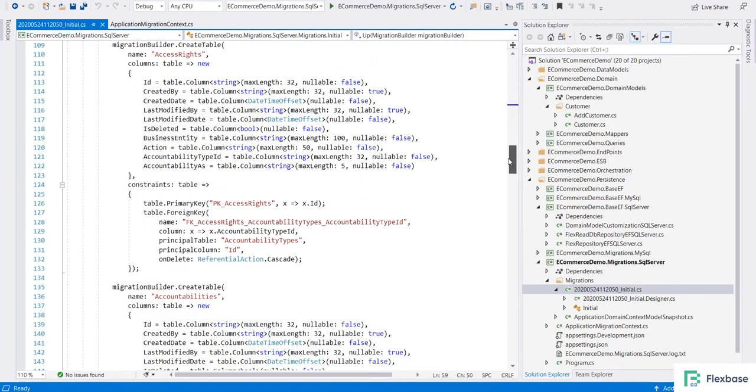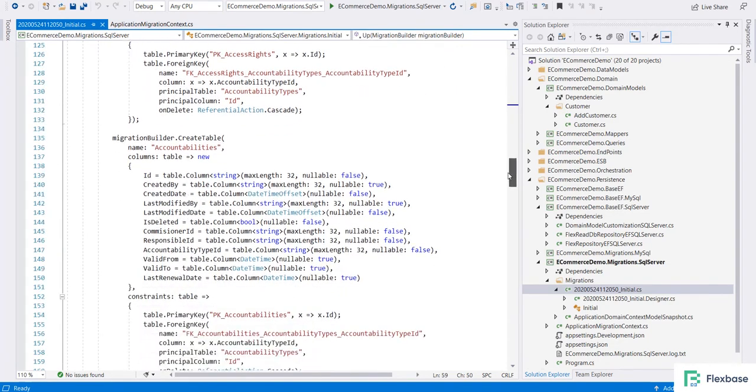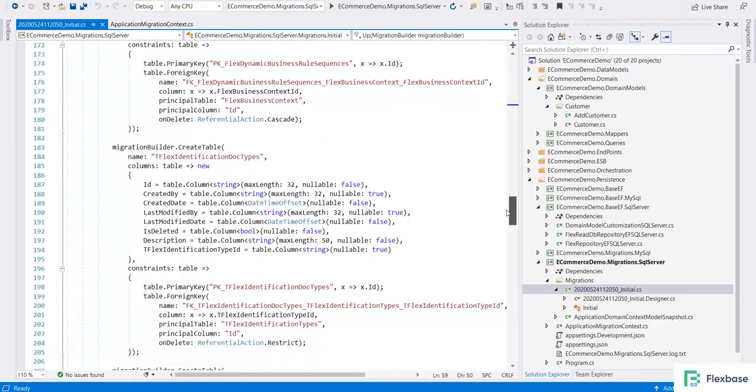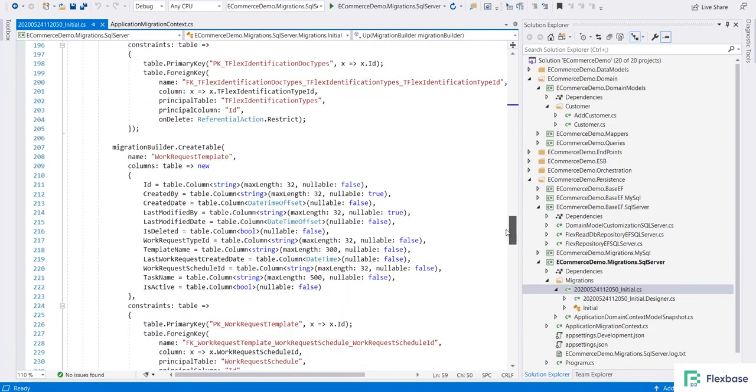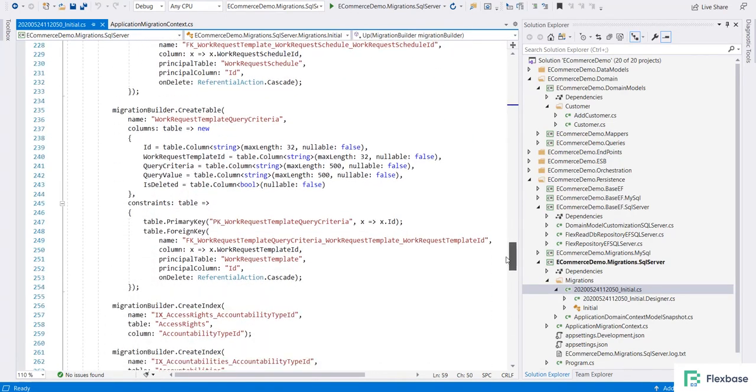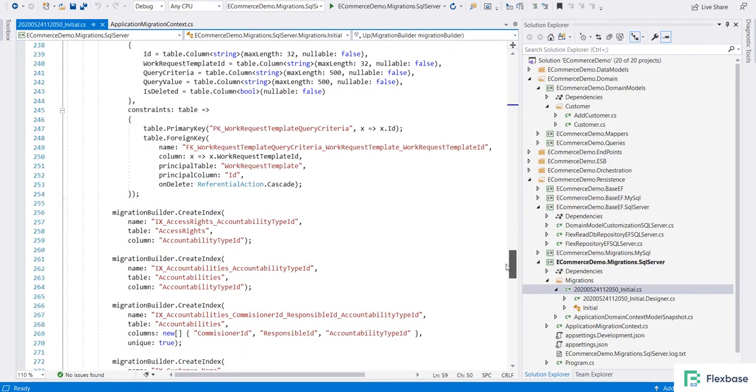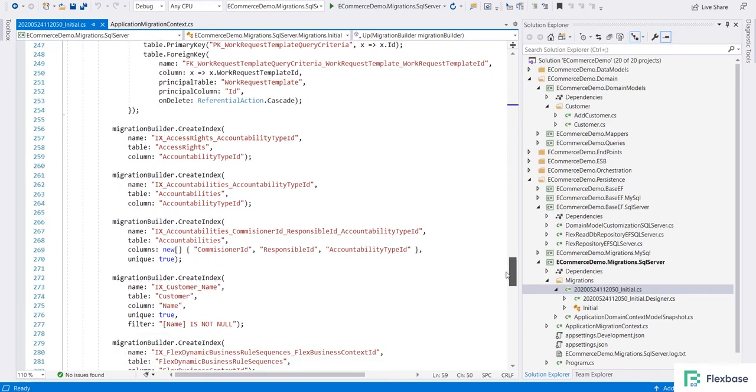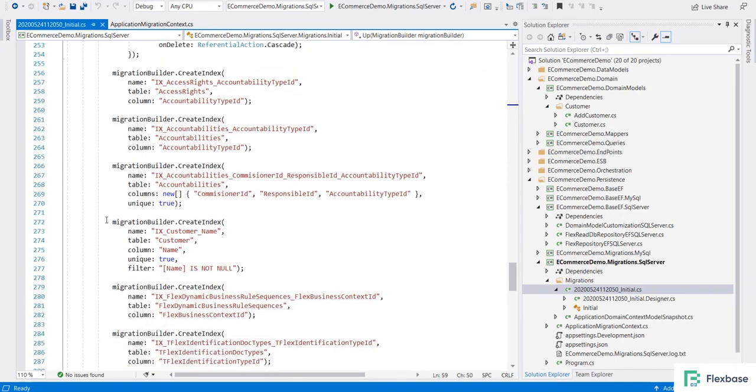And we have all the other tables which are the default for Flex created for you. If you remember, we created one index. It has created the index also which is unique for the customer name.